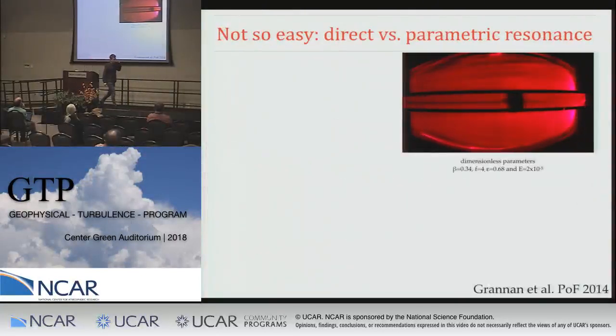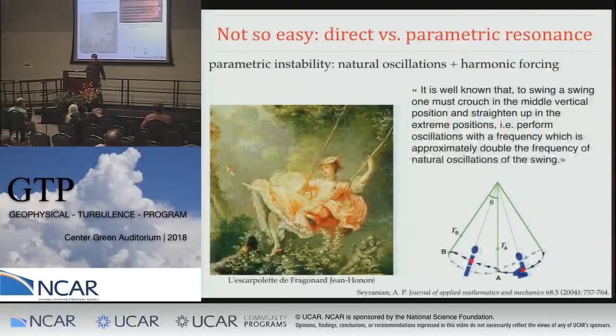I've shown you this glass example to show a resonance. But that was a direct resonance, and it's not so easy in our system. If you look closely here, you might see that the frequency of the wave is half the frequency of the forcing. So it's not a direct resonance, it's actually a parametric resonance. It would be closer to a swing, because you all know that to swing a swing, we need to crouch in the middle and straighten up in both extreme positions. So we need to excite the system with twice its